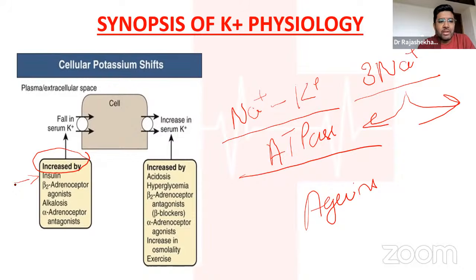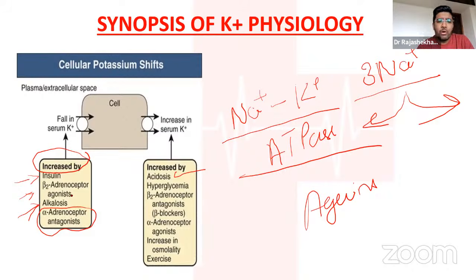of the potassium. Similarly, the beta adrenoreceptor agonists, or in fact any stimulation of beta receptors like sympathetic activity, is going to cause the intracellular shift of the potassium. And alkalosis can also cause the shift of potassium into the cell. Acidosis is the opposite, which causes an extracellular shift of the potassium. And alpha adrenoreceptor antagonists, this is a very, very important thing. Beta receptor agonism is going to cause hypokalemia, whereas alpha receptor antagonism causes hyperkalemia.